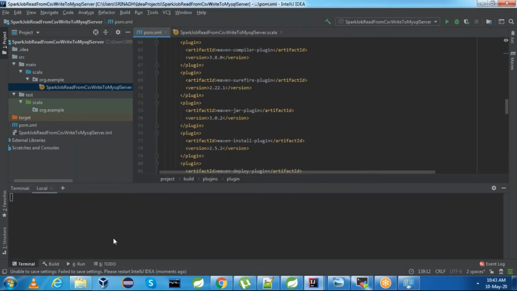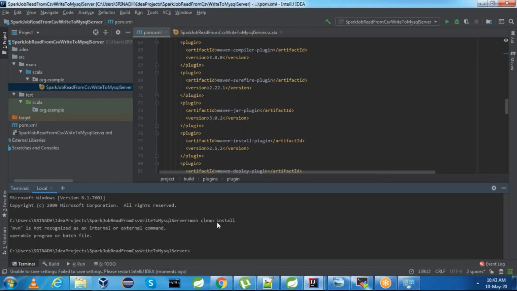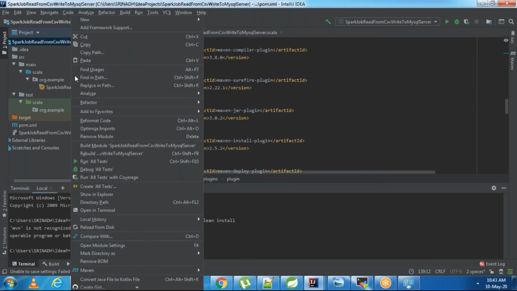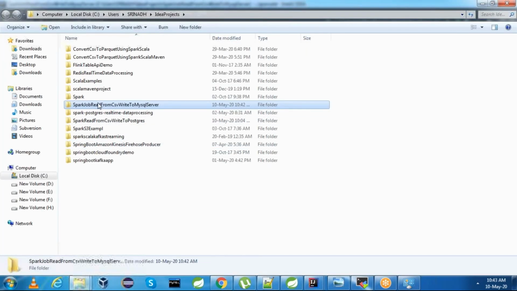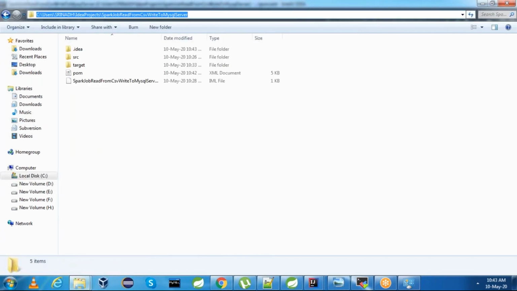Now go to the terminal. As this is a Maven project, do mvn clean install. Okay, mvn is not recognized, that's okay. Go to the Maven tab, and you can say show in Explorer. This is the place where this code is located.